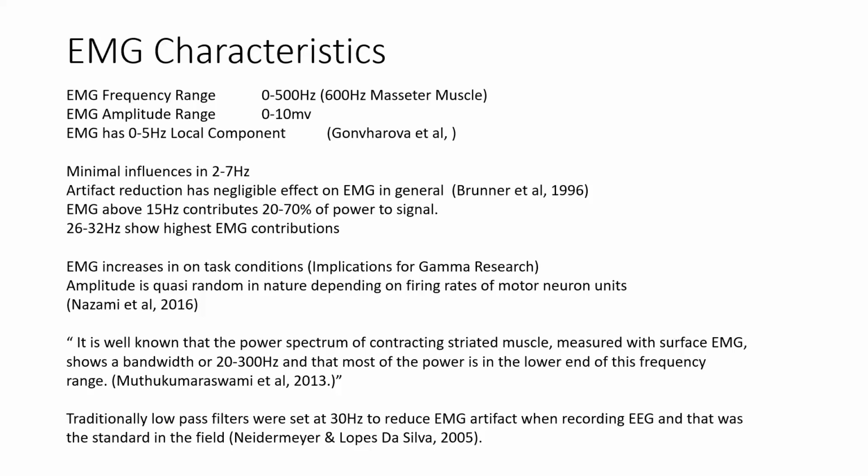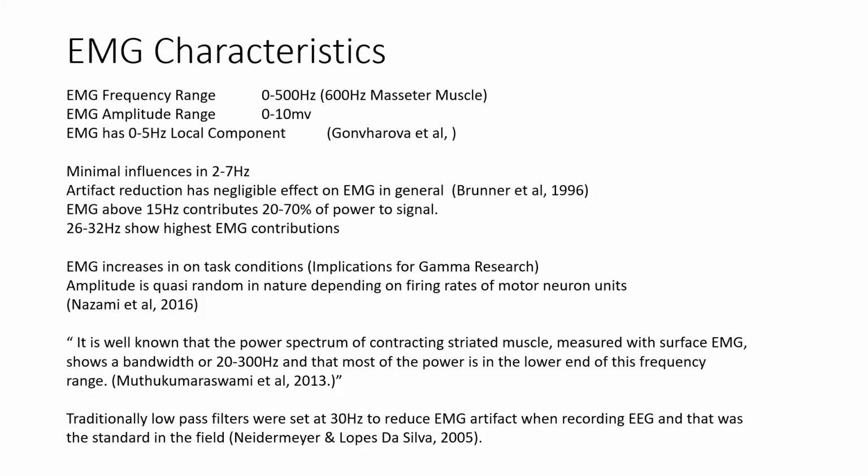Now, traditionally, low-pass filters were set at 30 hertz. That's what Niedermeyer recommended. That's what all the medical work was done with. That's the majority of the EEG that has been done until, I'd say, the last decade and a half. People started looking really seriously above 60 hertz, above that noise from your wall socket. And they said, oh yeah, there are frequencies up there, because the amplifiers got so good and they were able to put electrodes in people's heads and measure without the muscle tension and say, yes, there are higher frequencies.